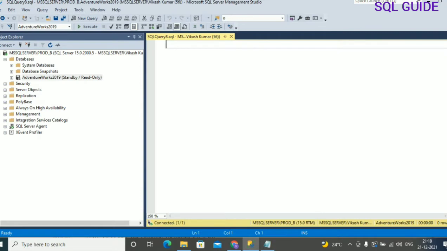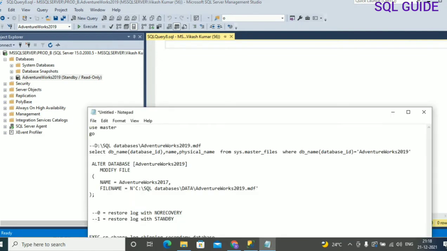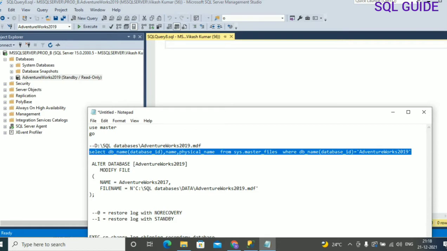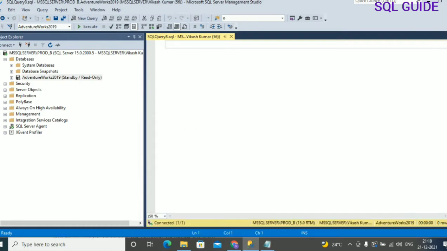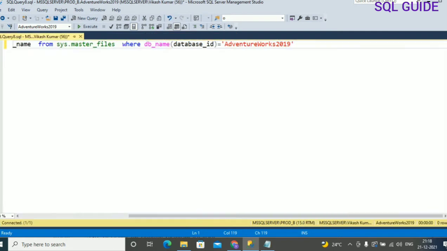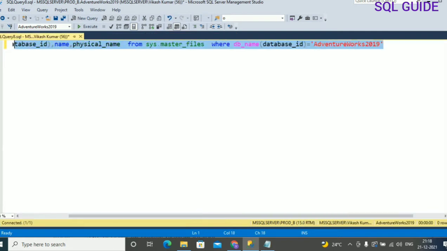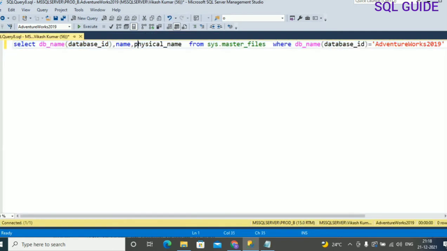Let's first verify the current file location for the database AdventureWorks2019. To check the current file location, I am going to use the master files system table.